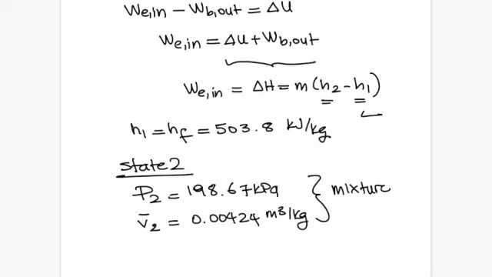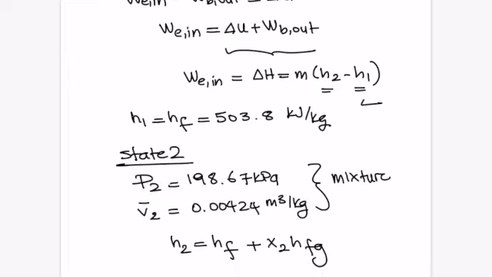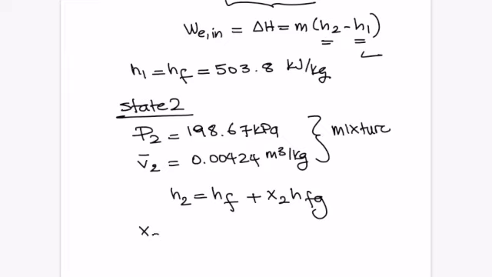If you have a mixture, how are you going to figure out what H2 is? Through using quality. I can read hf and hfg from the same tables, but for the quality, I need to calculate it through the use of